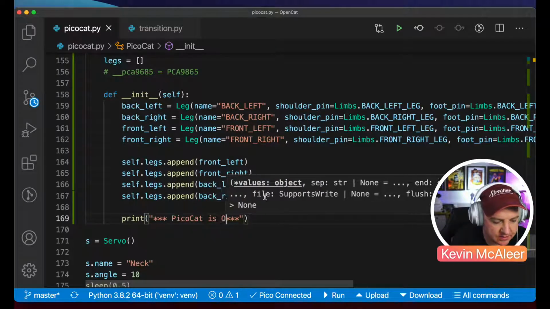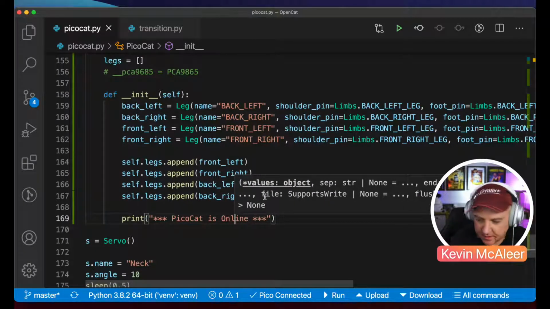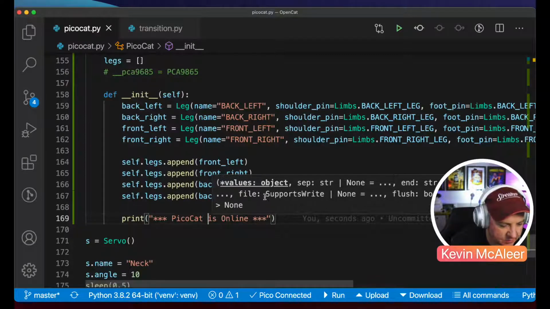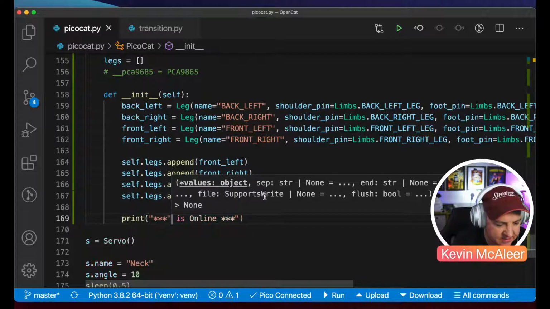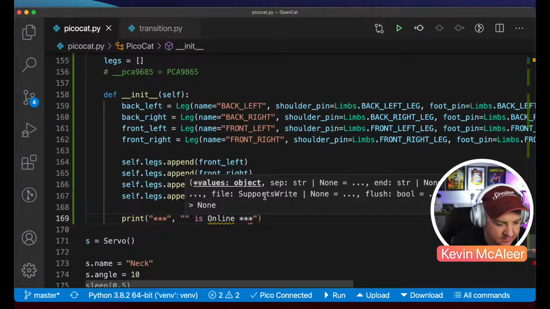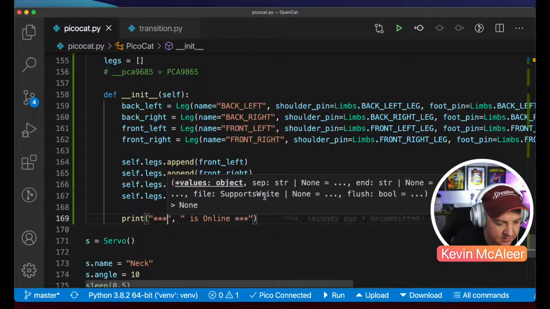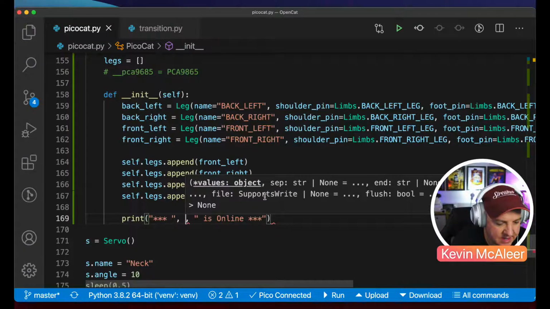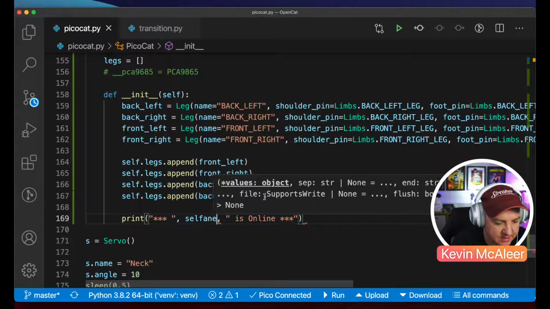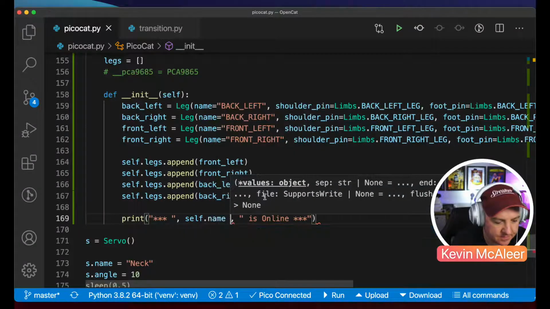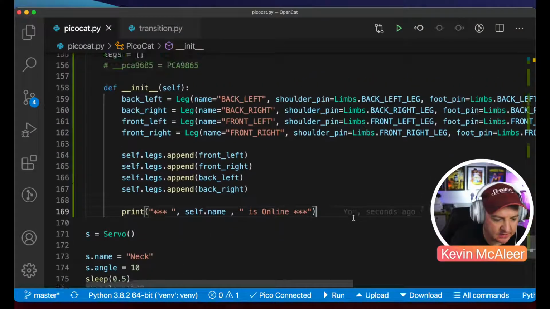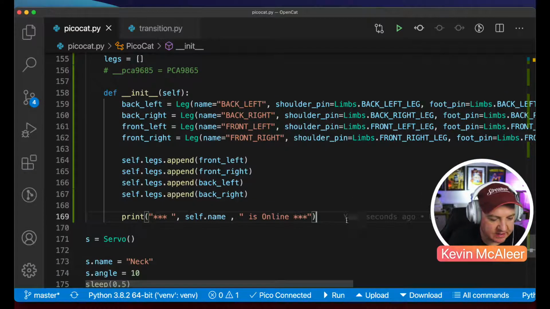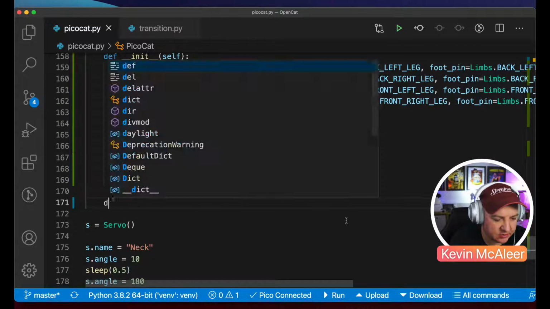PicoCat is online. Or actually, not PicoCat, because we might have a different name. So let's just end that there. And let's just pass in the name. So self.name is online. Okay, and so that's the initialization function, and then let's have one last function in here, which is